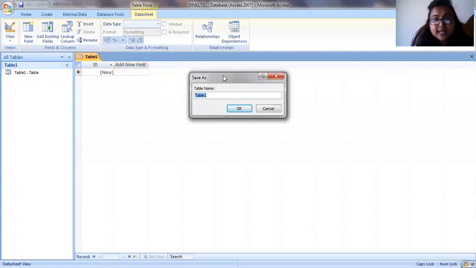As I click on design view, it asks what my table name should be. In the question, there are 2 tables, one is the employee table, and the other is the basic pay details. So I'll write employee as my table name.